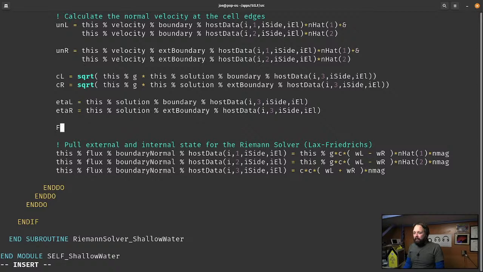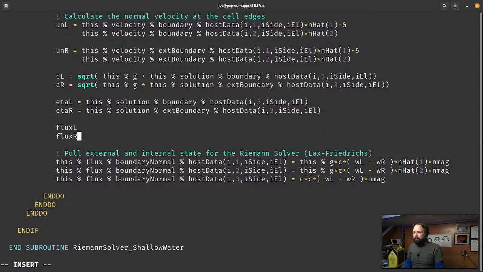Let's do FL. So we'll do actually flux L and flux R. And what I'm going to end up with down here is, so I need to multiply by the magnitude, so I get basically the length I need for my boundary integral. What we're going to have inside here is 1/2. We'll do flux L plus flux R minus, let's do alpha, times the jump in the solution. And the solution here,